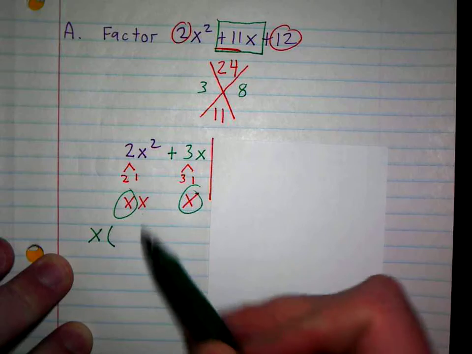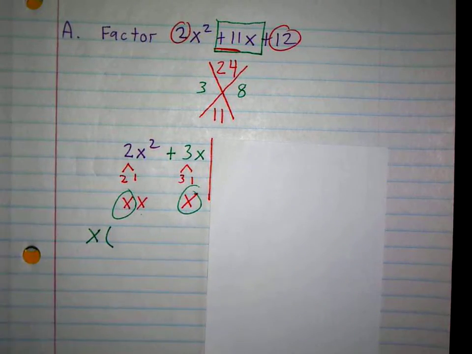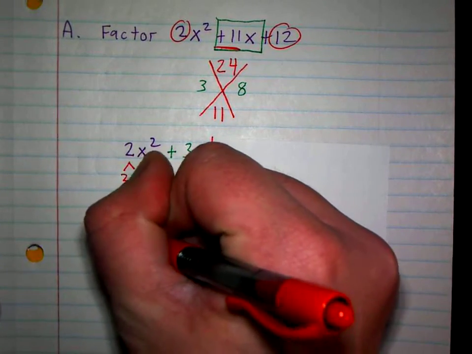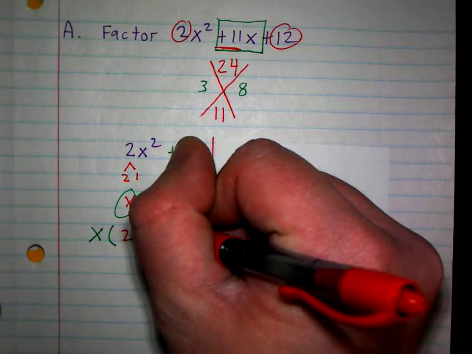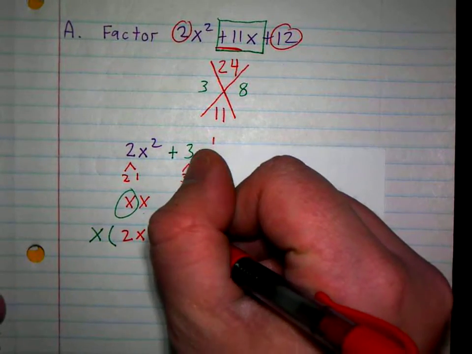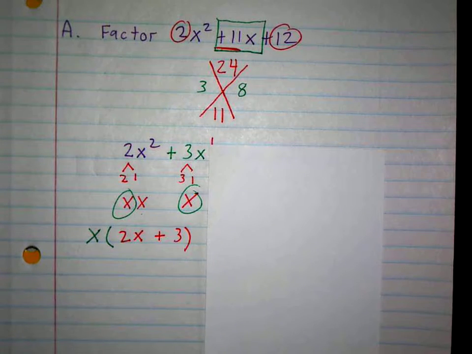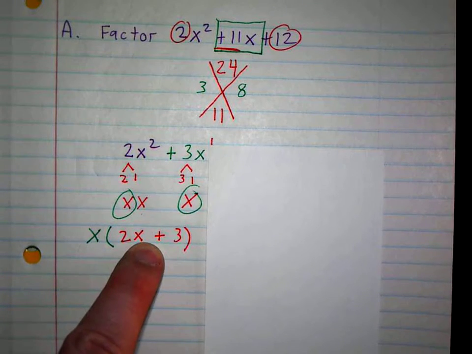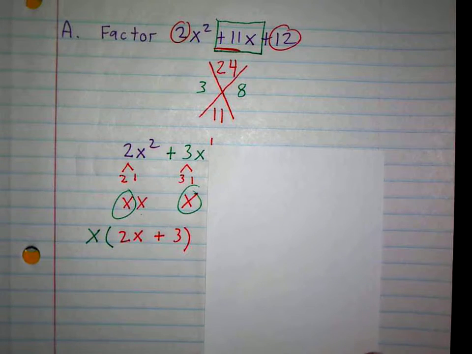2 times 1 times x is 2x. Bring down my sign, plus, and then I'm left with the 3 times 1 is 3. So I have x, 2x plus 3. On the right side, I should get 2x plus 3 again. If you don't, you messed up somewhere. Okay. The right side,